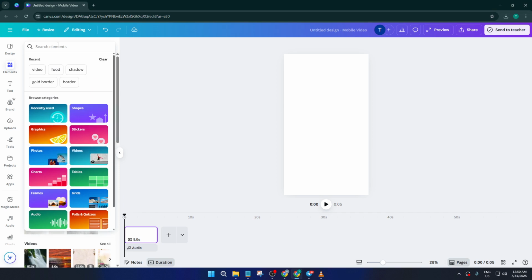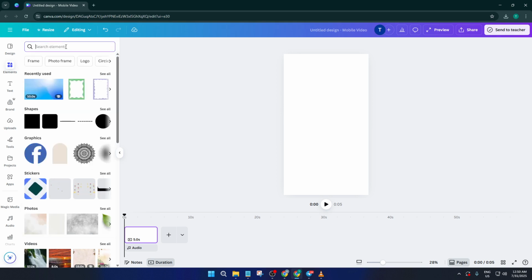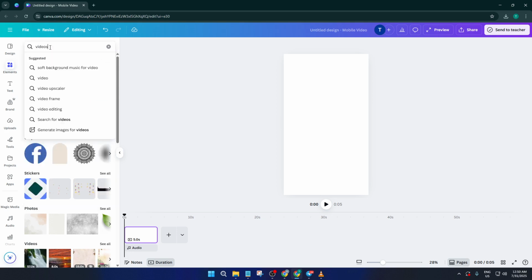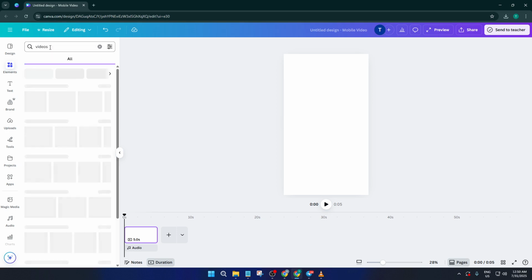First things first, in Canva everything starts with a blank canvas. Once you're in your project, you'll want to add your first video. To do this, look over to the side panel and find the Elements tab. Sometimes this is also called Elements or just shows up as a little square icon. Give it a click and then scroll down or search for videos. This is where Canva keeps a wide library of stock videos, or if you've uploaded your own clips, you'll find